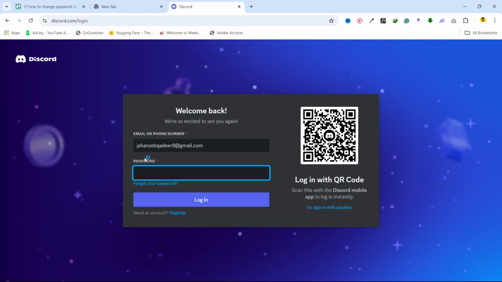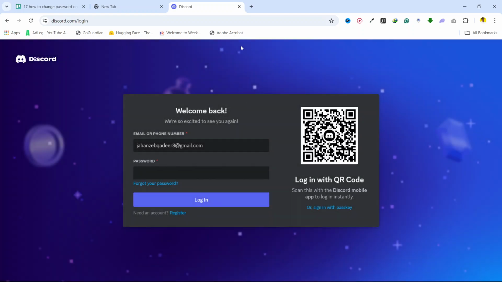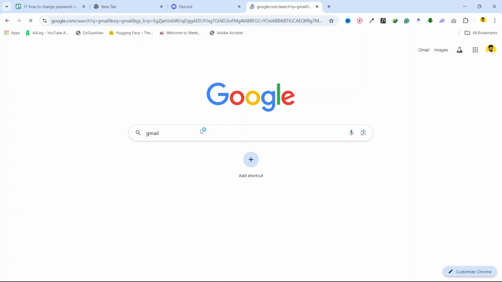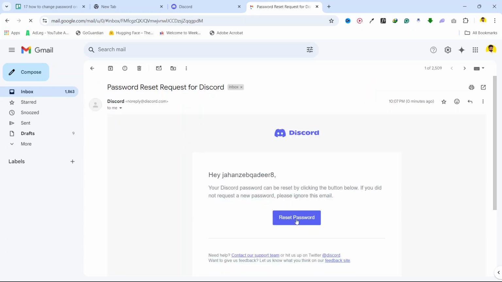and here you can see password. You simply need to click on forgot your password, and instruction will be sent on to your email. So open your email address. I already log into my email, so click here, click on reset password,